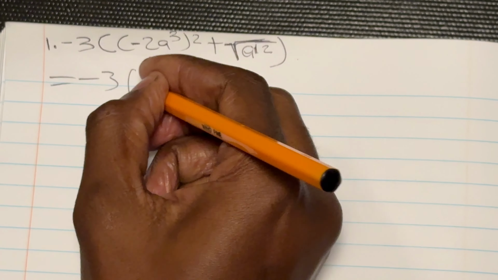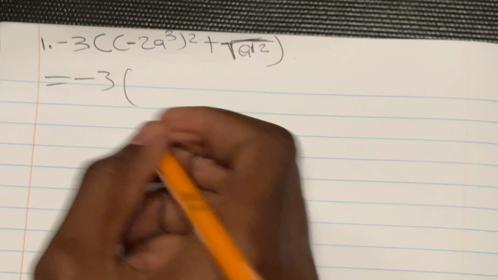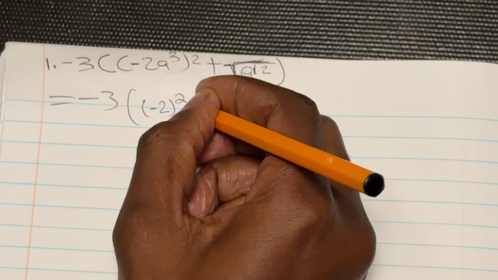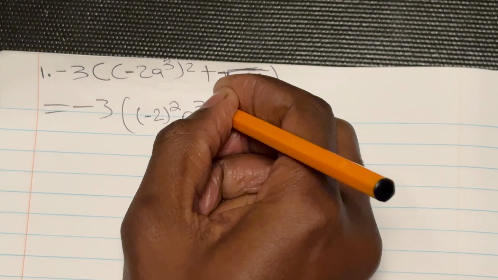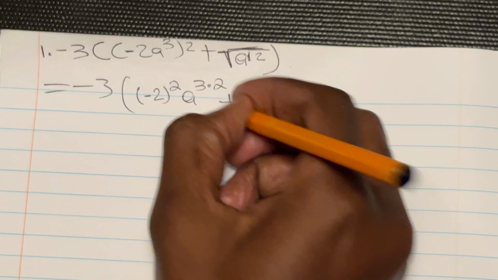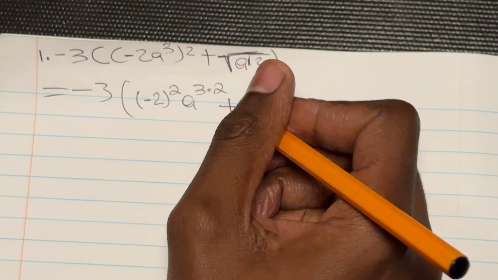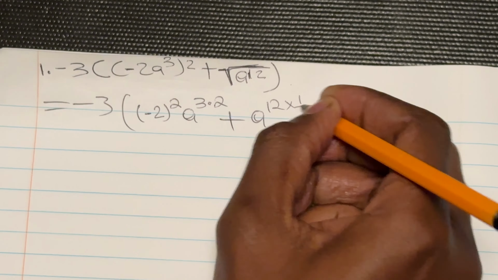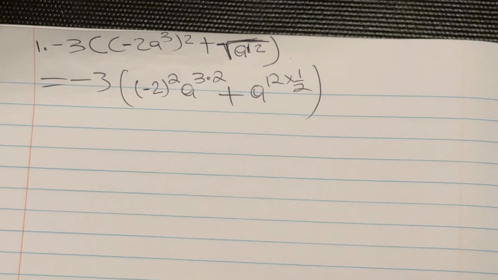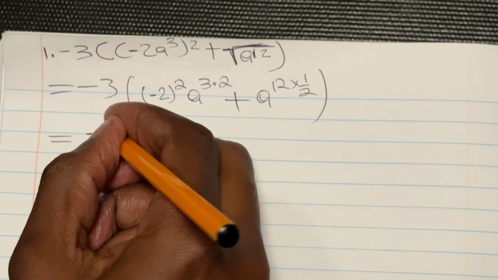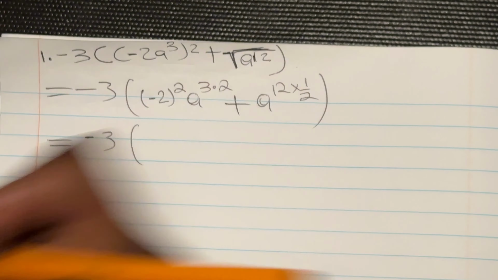So you're going to multiply inside by the 2, so it's going to be negative 2 to the power 2a^3 times 2 using our laws, then plus a^12. We're going to take out our square root and write it in exponent form, so it's going to be a^12 times 1/2 using our rules that we defined before. Then proceeding, we're going to have minus 3, which here is going to be negative 2 times 2,